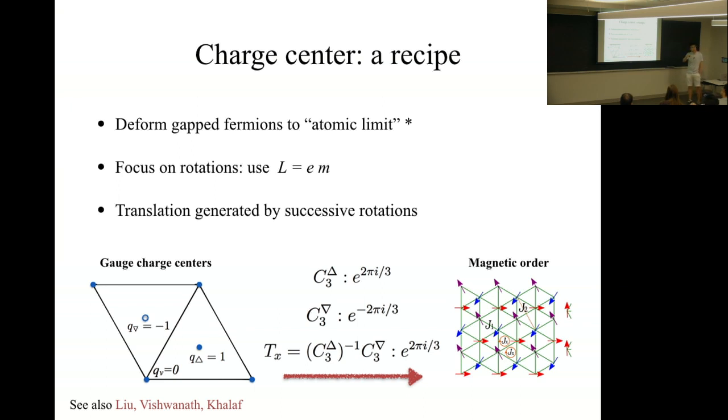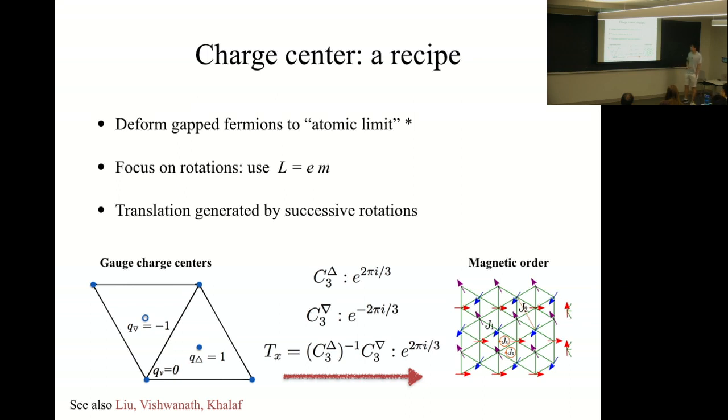So let me deform my quantum spin Hall insulator to something as simple as possible. As you learned from Jen's talk, there's nothing simpler than an atomic limit. So let's try to do that. The tiny catch is that for TI, you can't literally do that. That's the definition of TI almost. But to figure out the property under lattice symmetries, the fact that I have time reversal and spin rotation doesn't matter. So let's break all that. Once I break all those internal symmetries, there's no obstacle for me to do this deformation.